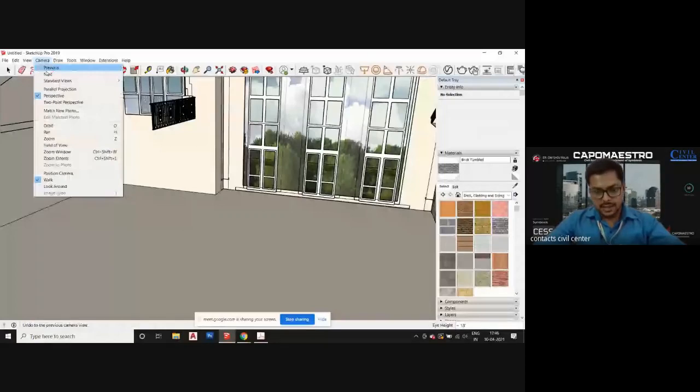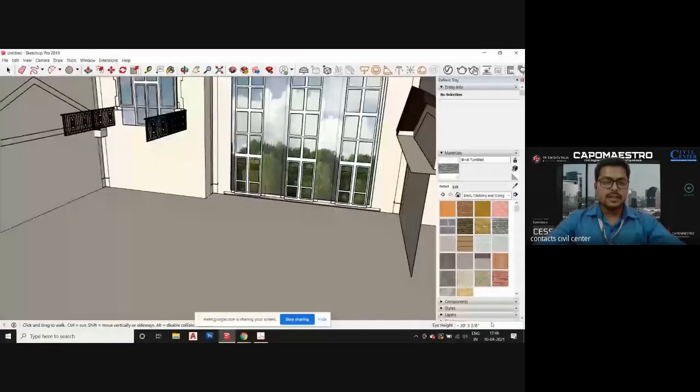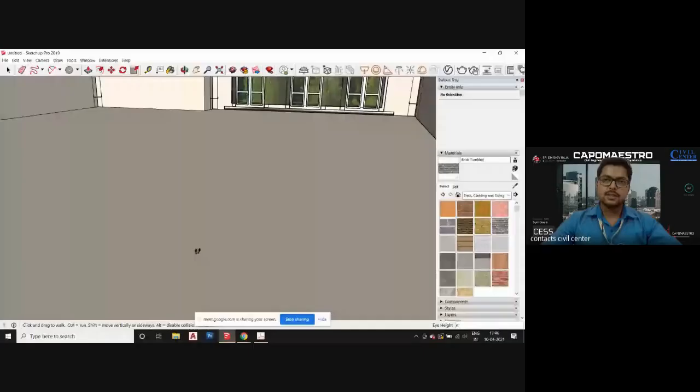Now set the height to 6 feet. So if you set the height to 6 feet, then that's the height of your eye. Okay, so that's usually the height of a person and where the eye is located. Now you can just rotate the model and you can visualize the model in a better way.